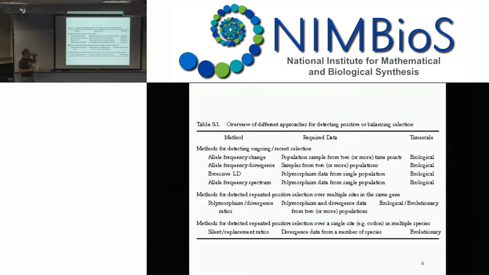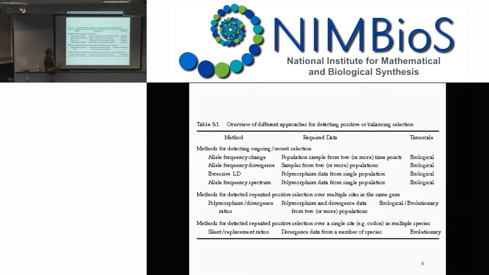So let's look at some basic approaches. We'll talk about a lot. This is not all. This is kind of to get you started thinking about it. So an obvious approach to look for selection is you have a population that's sampled at 2 or more time